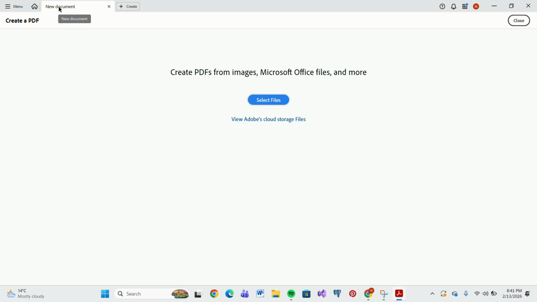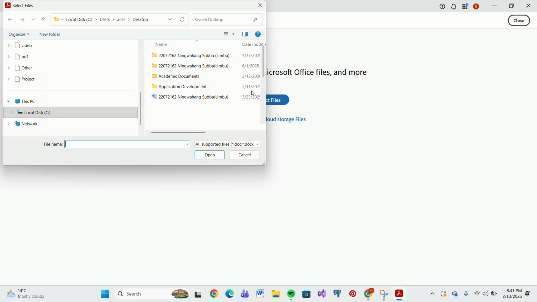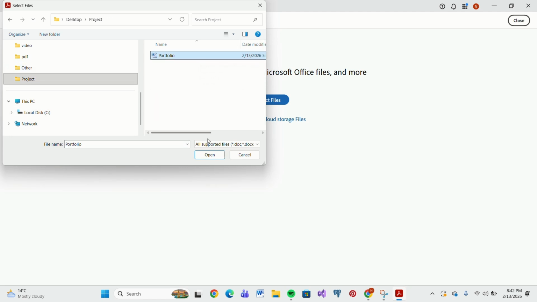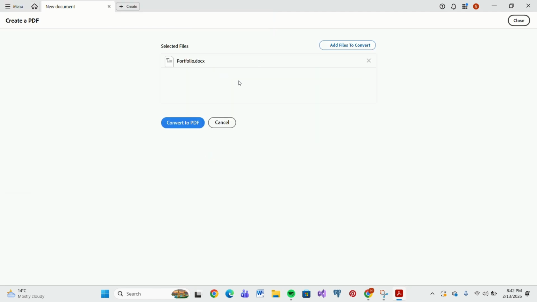Within it, you will be given a Select Files button option. Simply tap on it. A file explorer window will appear. Then browse to the file you want to convert. Then select it and click Open. After that, make sure to tap the Convert to PDF button and Adobe Acrobat will automatically convert that file into